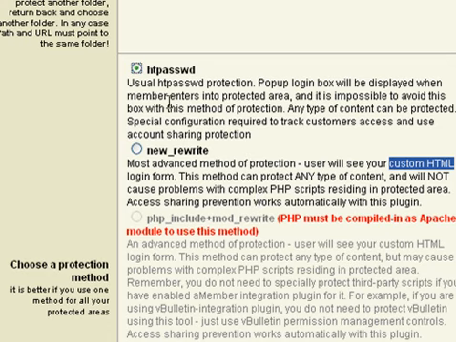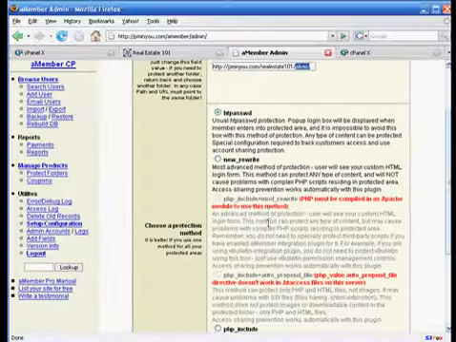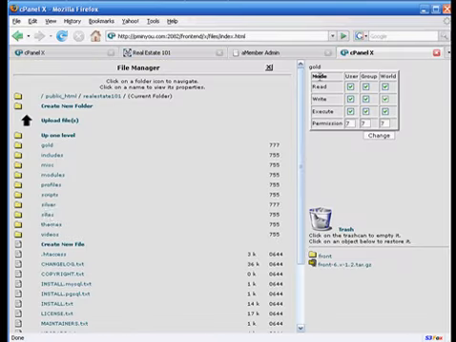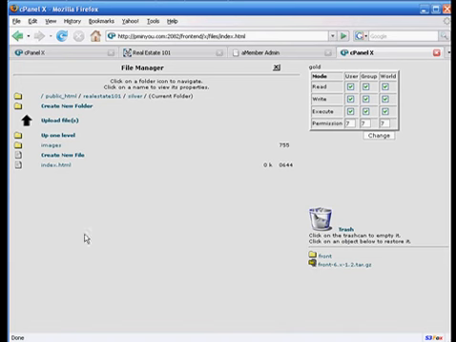password. And what it does is it amends the folder, it inputs a little file into the, in this case, the silver folder that kind of ties in with the AMember database, that keeps track of all the users and whatnot to make sure that they're good to go. And you can check that out after you've protected your folder. You can go back into your cPanel and you can see in the silver folder that there will be an